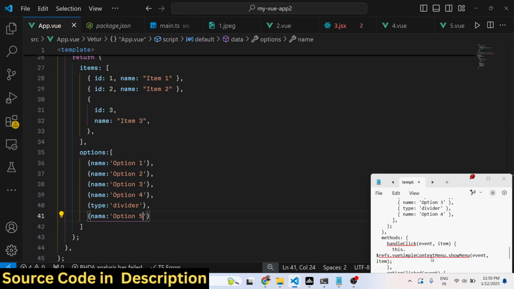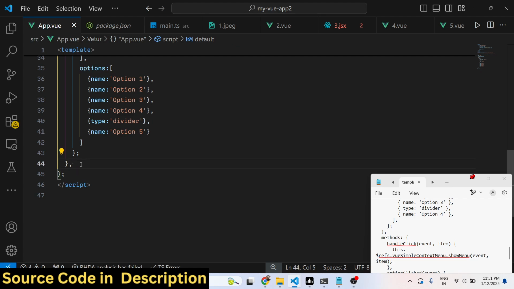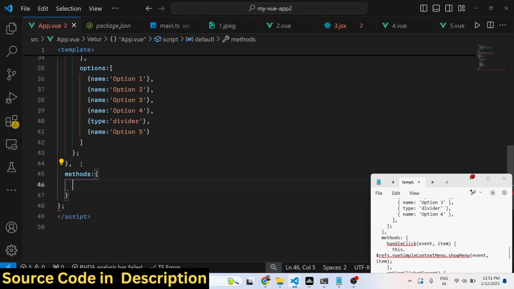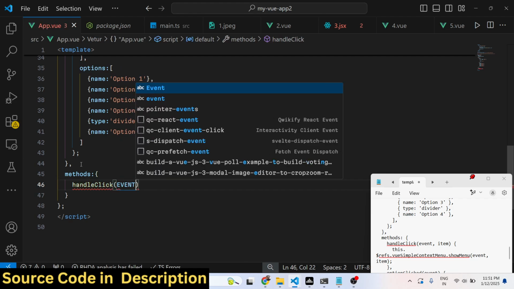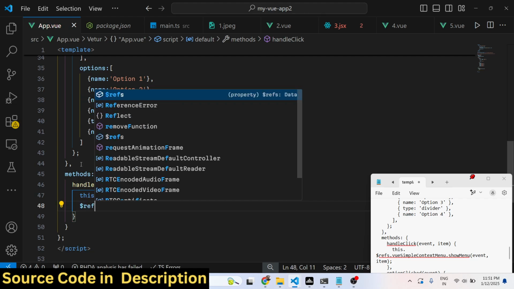So now we have defined the items, and just after this data function, now we need to define the methods right here. We have bound this method which is handleClick. Here we need to pass the event and the item, then first of all this, and then we simply say